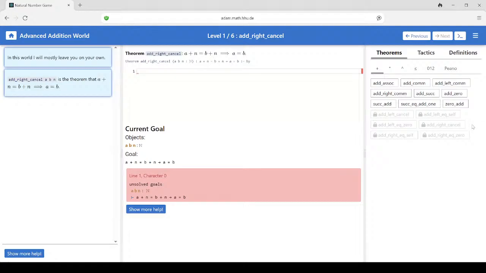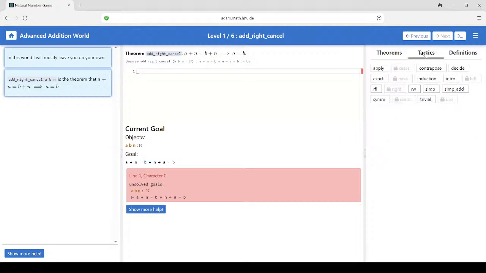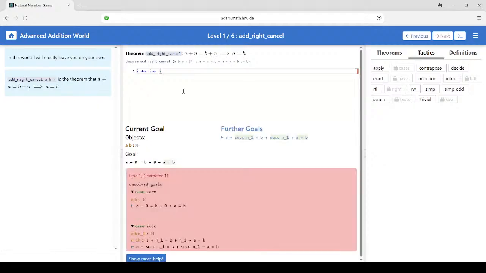What do I do? A equals N, B equals N. Am I overthinking this, or should I use induction? Because if I can prove that N is 0, I feel like we're getting somewhere. If I induction N,